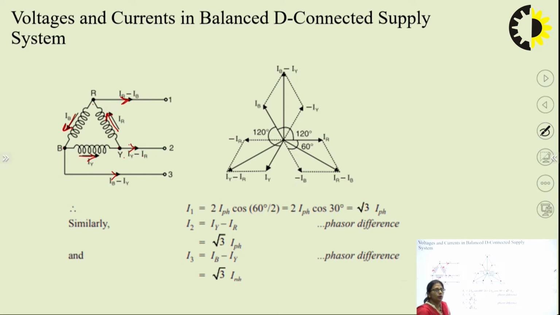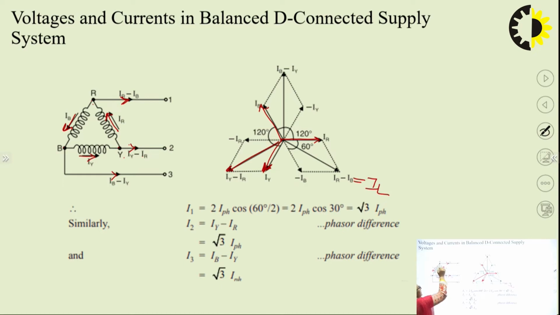Once again, I'll be plotting the phase currents first. The very first phase current occurring according to the phase sequence will be IR. So IR, after 120 degrees I'll have IY, and after another 120 degrees I'll have IB. Now, how to get IR minus IB, which is nothing but your line current? You just see here, what is the relationship? IR minus IB is given by,